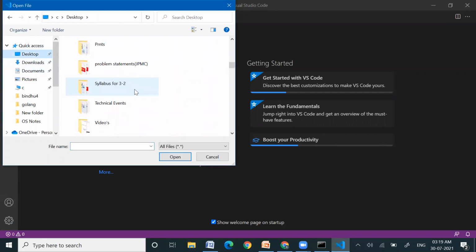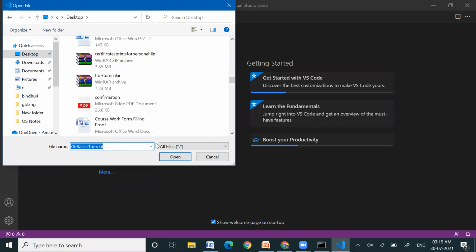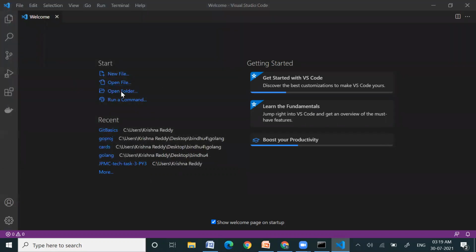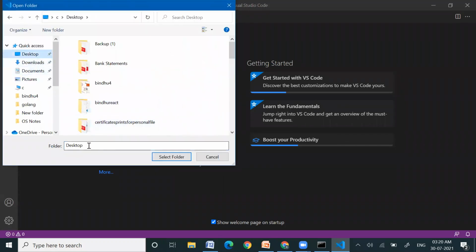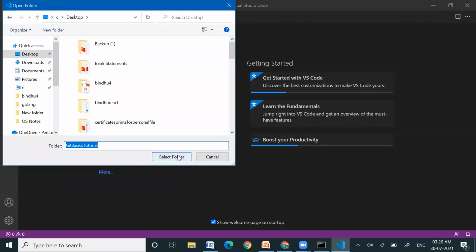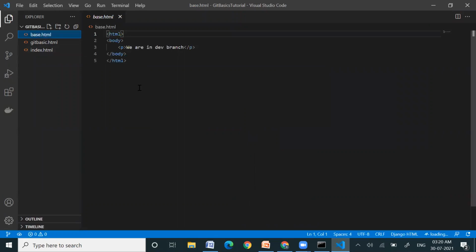We'll go to the desktop and see the git basics tutorial folder. Open this folder. In this way, you can have access to the files by using the clone command, and have a copy of that repository in your own local system. So this is about the git clone command. That's it. Thank you.